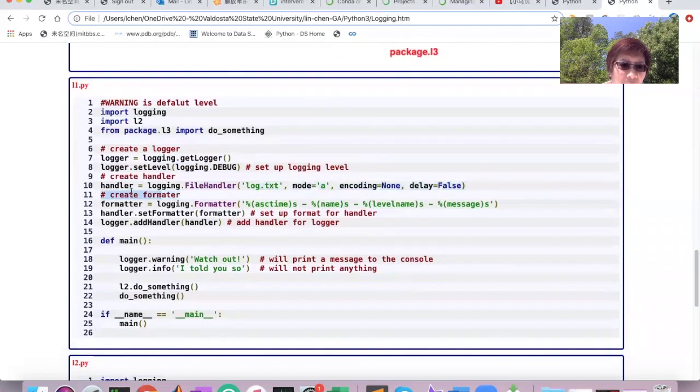We create a handler. For this handler, I'm using the file handler, which means I would like to output the logging information into a file. Mode is append, encoding none, delay false. Then I set up a format for this logging handler. I pass this format I defined to this handler. Then I add this handler to this logger. At this time, I'm ready to